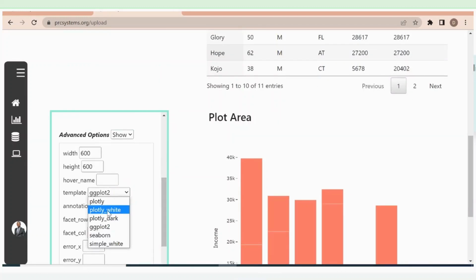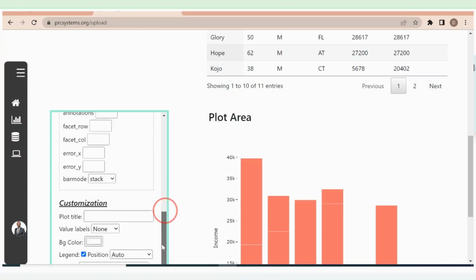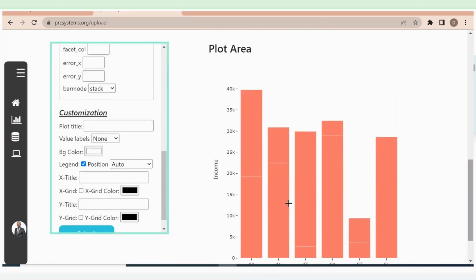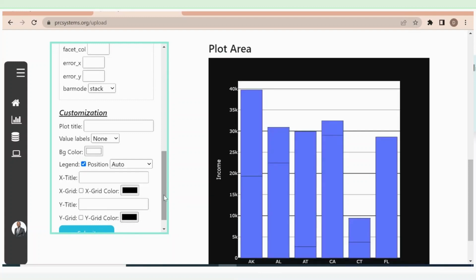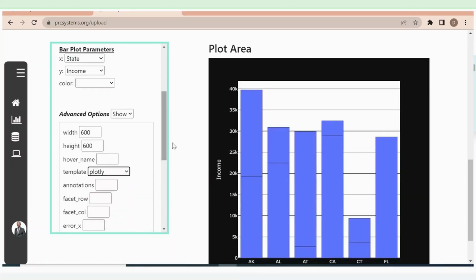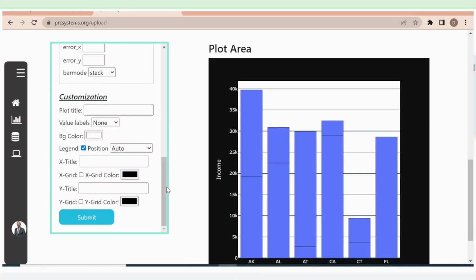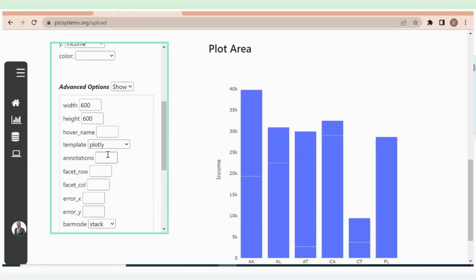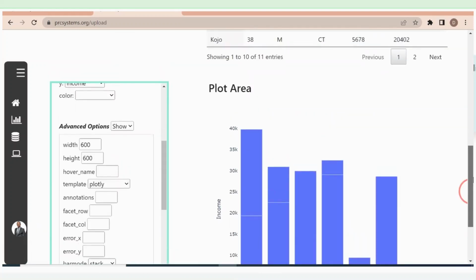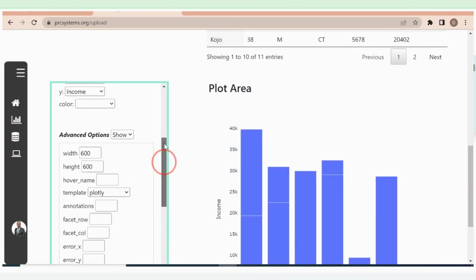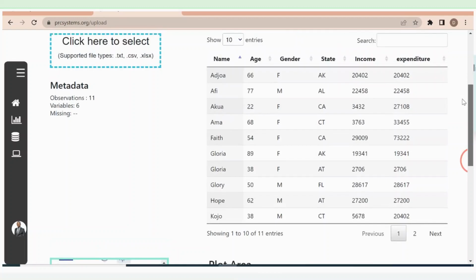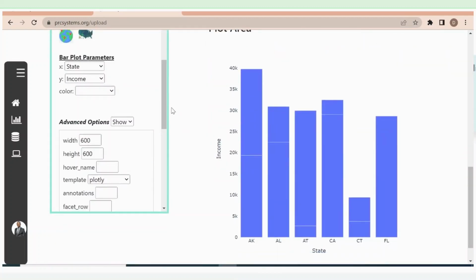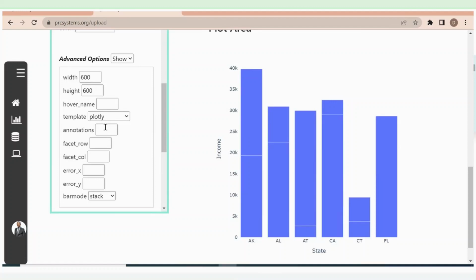And then I can also do some black, plotly dark, and then all that. Just try the templates that are available in there. This is going to be my plotly dark for me, very dark one. I don't need that. I'm going to go to the default. Great. So we also have annotations you can use: facet row, facet column. Facet row, facet column is when you want to have your bar charts in columns and in rows. So an example, let's say we want to use our gender variable to do a facet column